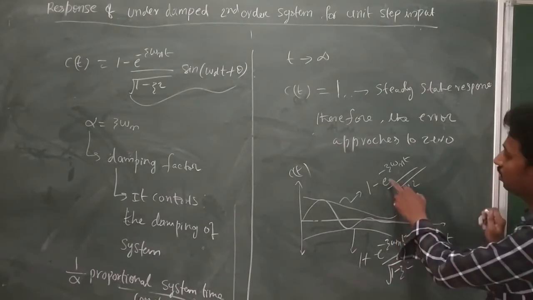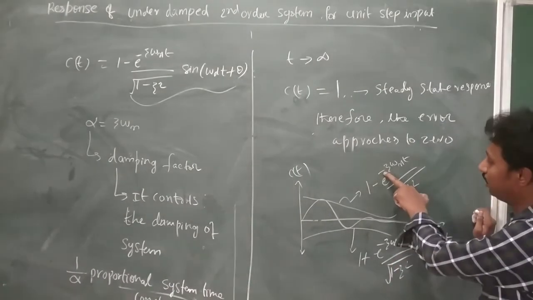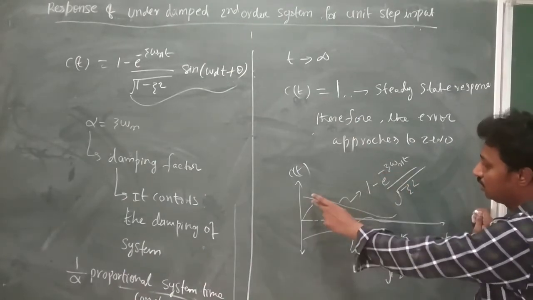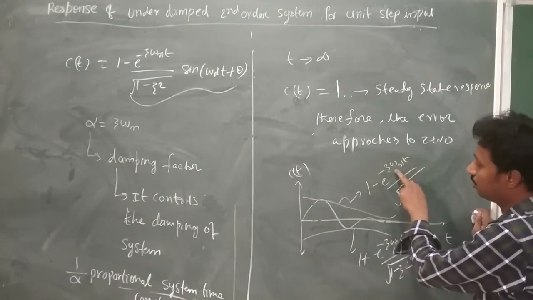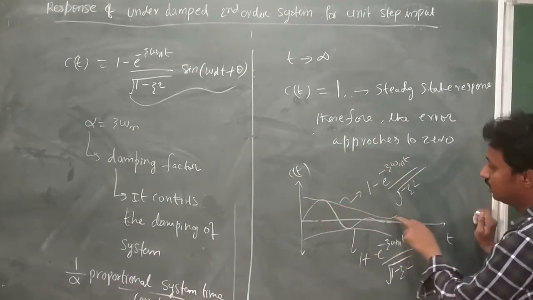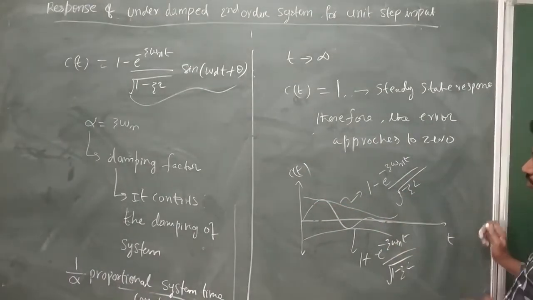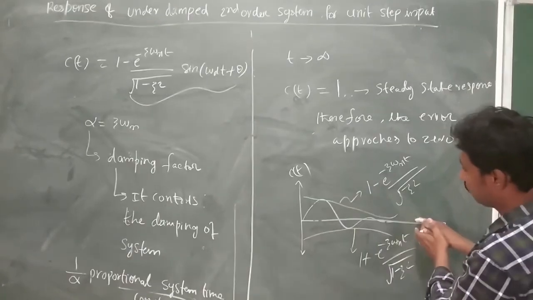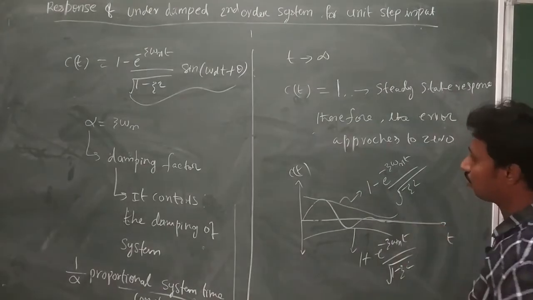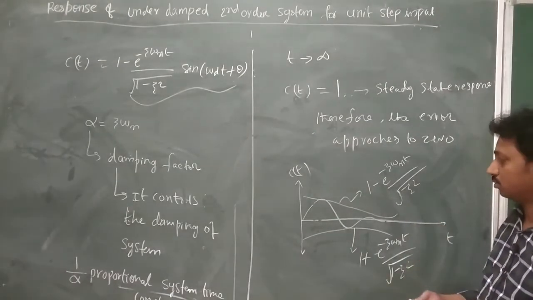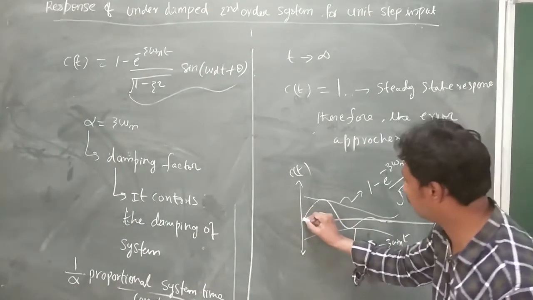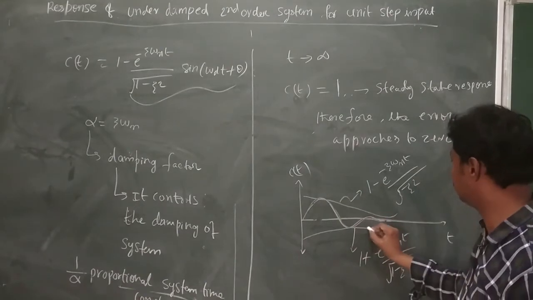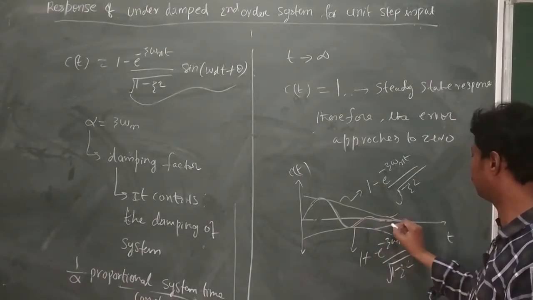You see that here there is a minus. So this is a minus exponential, so it is decreasing, right? Since it is a minus in the exponential, it is decreasing. So what happened is all the damping will die out. So you see that all this damping is finally going to die out, right?